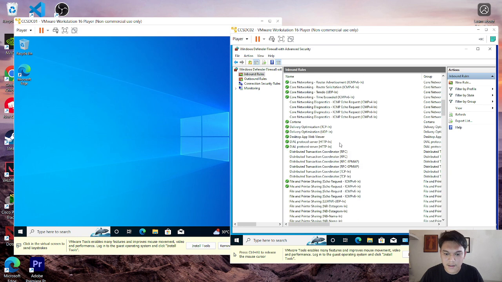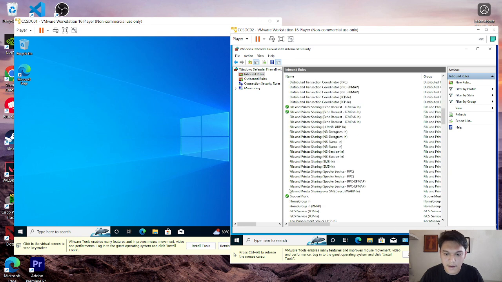Find the file sharing IPv4. Since I already checked this, you just enable the rule, and that's all.